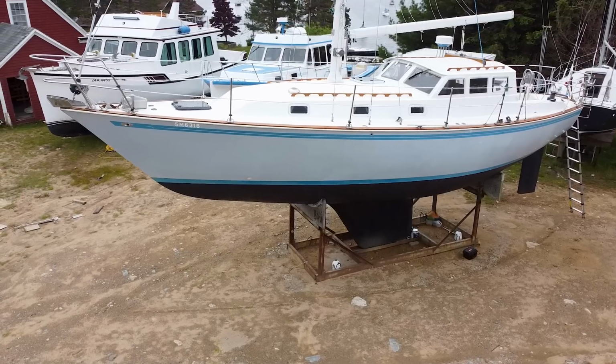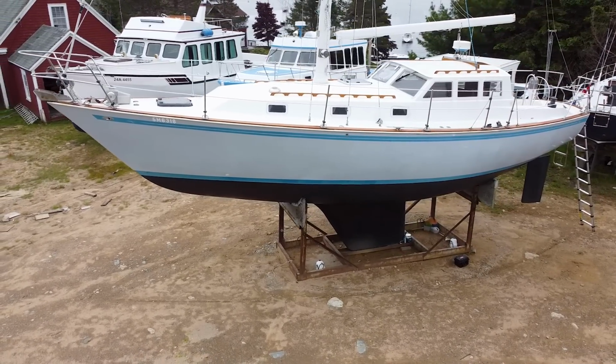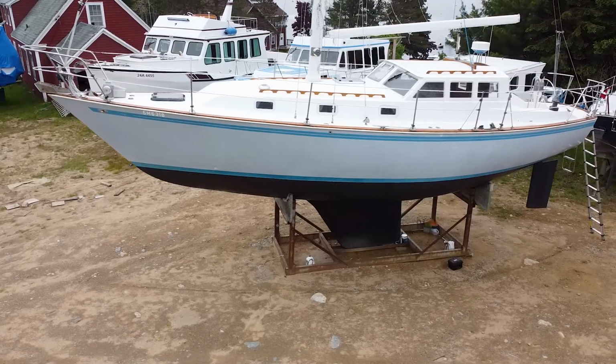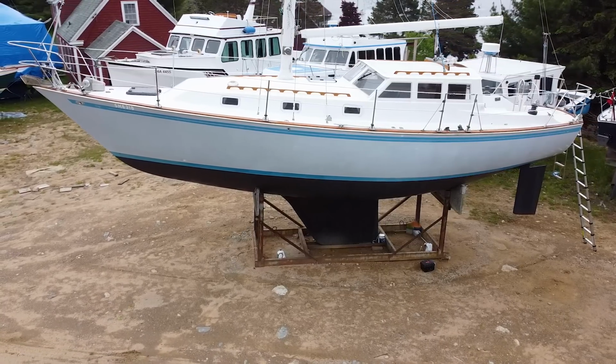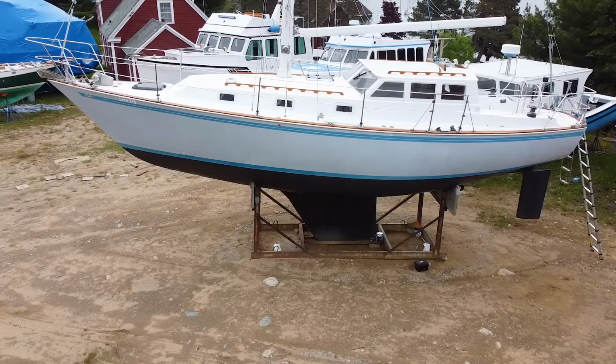All right, so if you couldn't tell by now, I really enjoyed that boat. I think she beautifully combines a classic hull shape with the pilot house layout that makes her such a good cruiser. I think she's a great boat for a couple looking to get away and go cruising in comfort, as she's not too big and not too small. I'm not really the biggest fan of the spade rudder, so maybe stick to coastal cruising, but other than that,